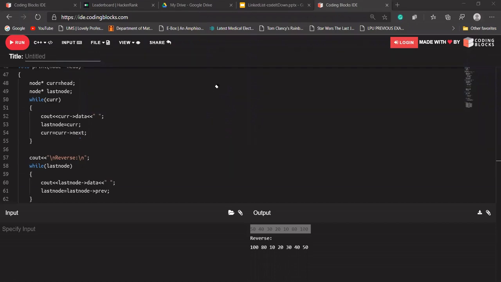Shrey is saying this technique removes the disadvantages of a singly linked list of taking linear time for adding a node at the last. Yes, Shrey, you're absolutely right, but there is a point as well. In a singly linked list as well, we can keep track of our last node, so there is no need of a circular list. I would say that a circular list has its own advantages. In the upcoming session, when we reach the circular linked list, we'll try to discuss that as well.